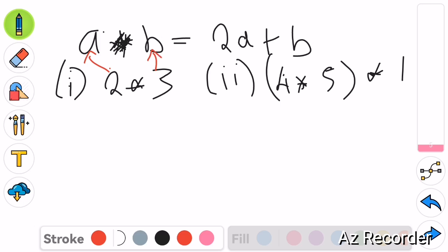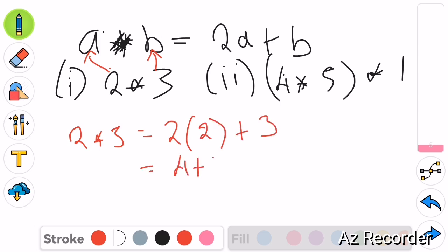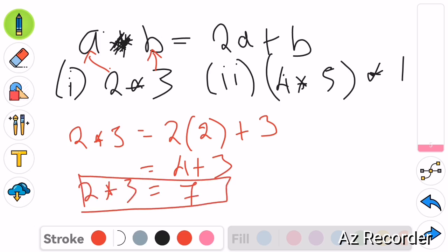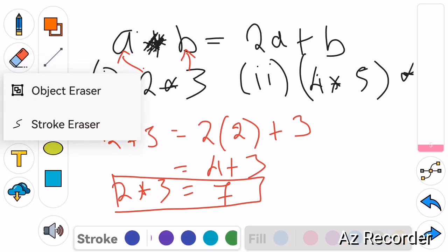So I'm going to say 2 star 3 is equal to, so in this expression where there is A, I replace with 2. So I'm going to say 2 open bracket 2 there. Where there is B, I replace with 3. So this is going to be 4 plus 3, which is 7. And 7 is my evaluation of 2 star 3, like that. And how about this side? So this side, having this, simply means that first of all,